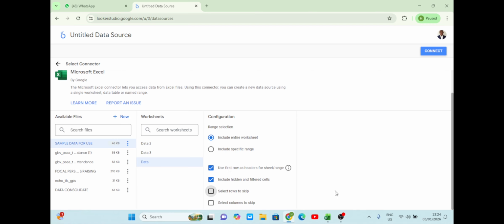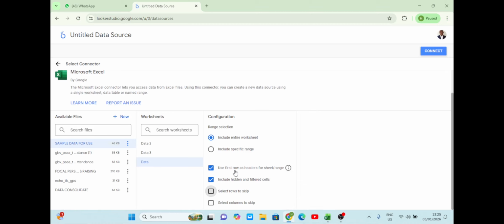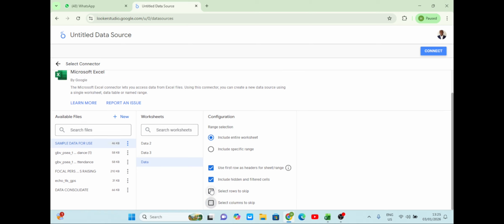Okay, for instance, if you look here, there are some specific rows or columns that we are going to be working with, just total boys and total girls. Let's say I don't want IDP girls to show, I'll just indicate column G. I don't want returning girls to show, I'll just indicate column E. These are the different columns that we are not going to be using. If I wanted to avoid that, I'll just do it from here. Just click select columns, and then I just put the different columns I don't want to come in. But now I will not bother myself to do that. Okay,